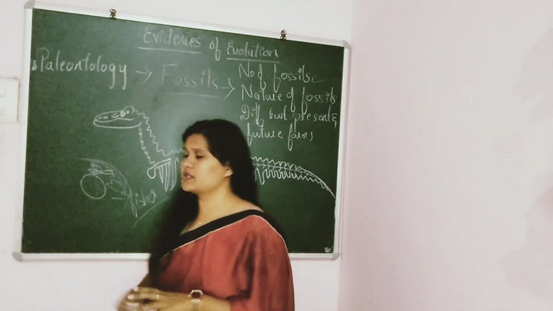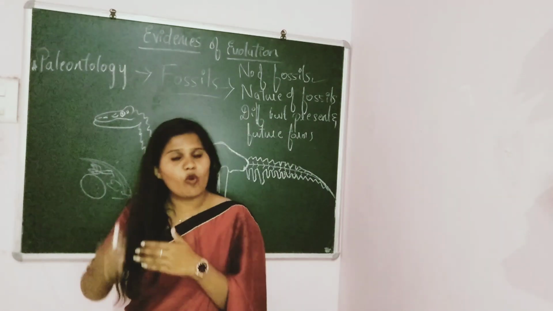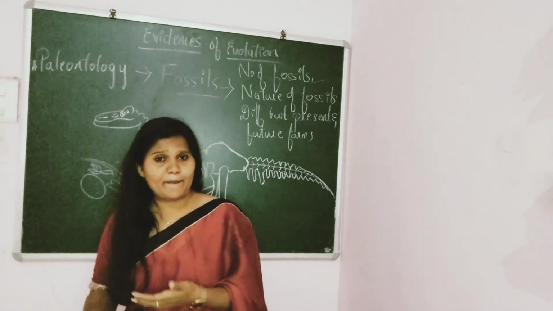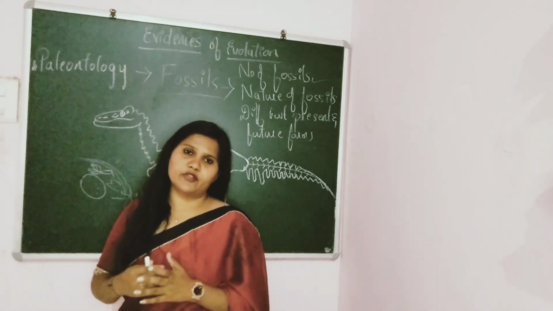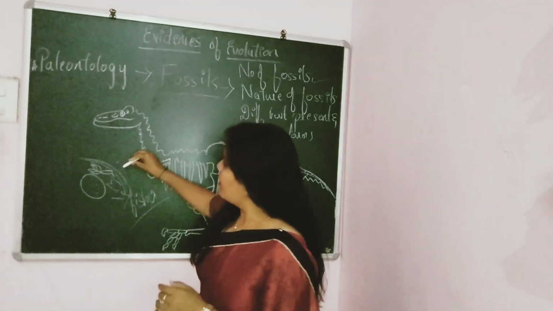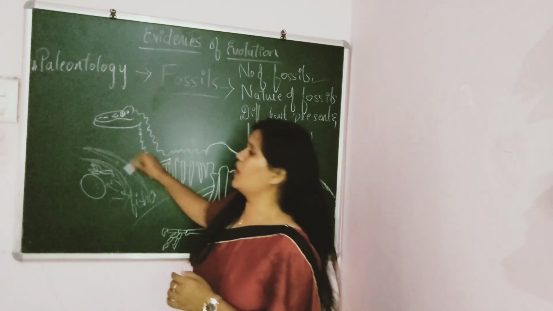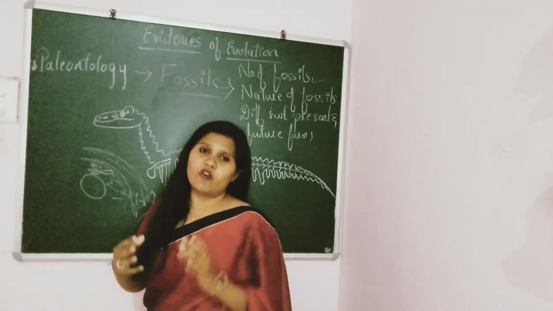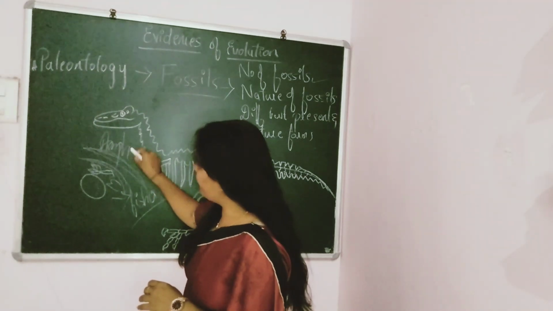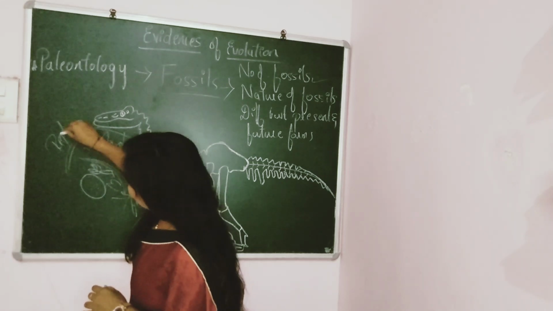And above these fishes, see, we know the fishes evolved into amphibians, and amphibians evolved into reptiles, and those reptiles evolved into birds and mammals. So in the same way, on the outer layer we can find the fossils of the amphibians over here. In the same way, on this layer we can find the reptiles.